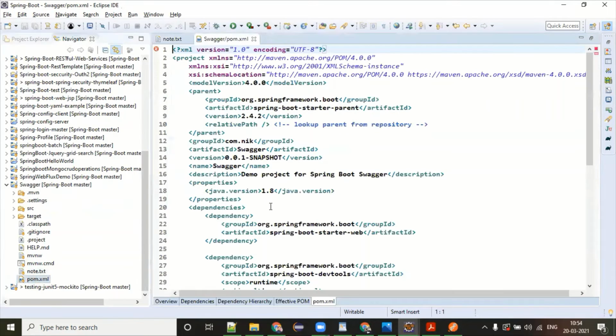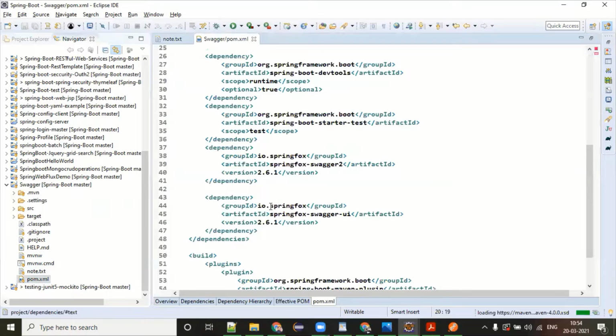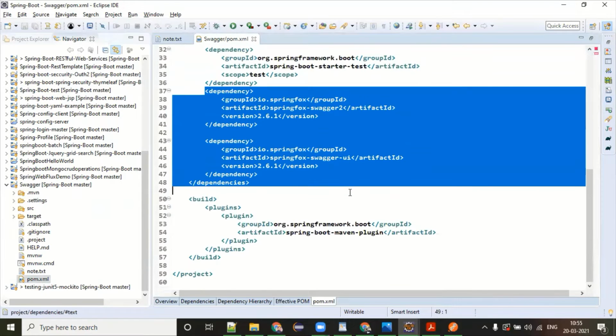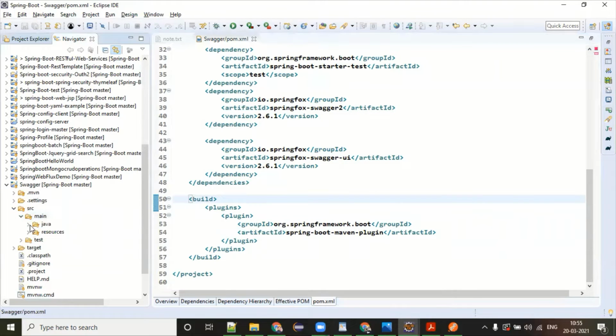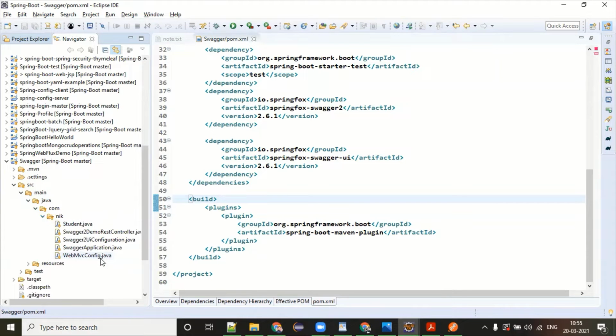If we look at this pom.xml file, we have added Swagger UI and Swagger 2. With this, I also have to maintain a configuration for Swagger. So try understanding the Swagger configuration.